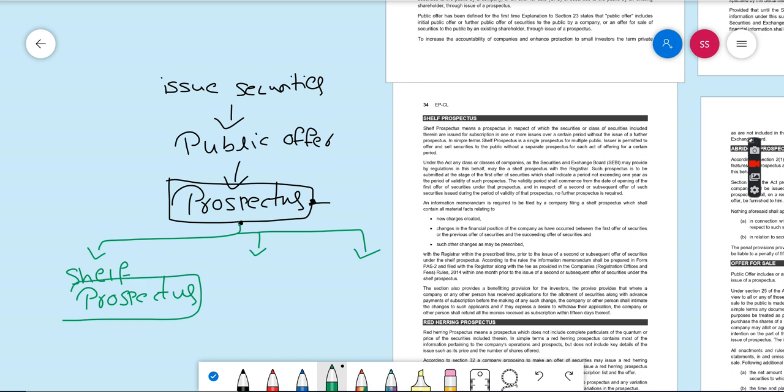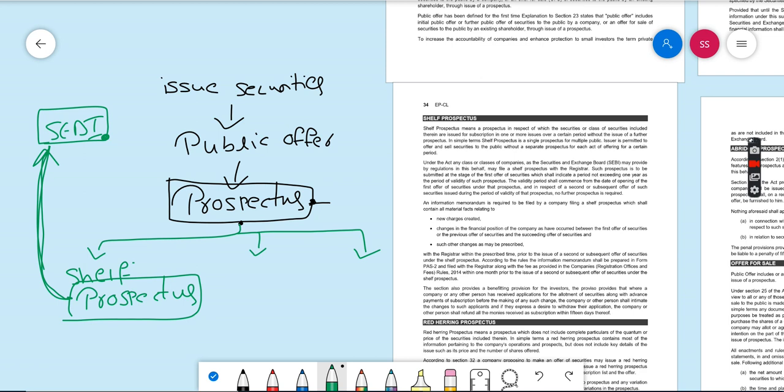See, preparing a prospectus is very time-consuming, right? Everything about the company should be listed in the prospectus, and this prospectus has to be prepared according to the SEBI guidelines, and it has to be sent to SEBI. After reviewing, SEBI approves, and only then can they issue the prospectus to the public. So first the company has to submit a draft to SEBI. If SEBI approves that prospectus, then only is it allowed to issue the prospectus to the public. So it will take time, right?